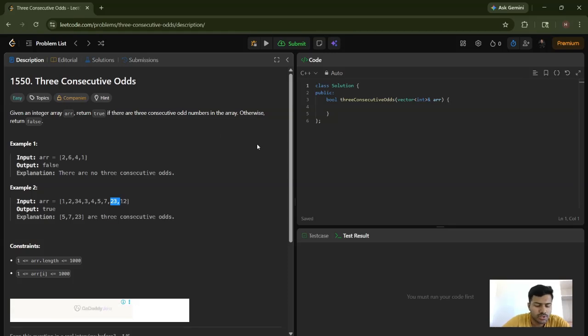So let's move to the solution part. We have to simply traverse the array and count consecutive odd numbers. If count becomes 3, return true immediately, else we will return false. So first we have to declare an int count, which will be initialized as 0 at the starting, and then a for loop which will traverse on the array,